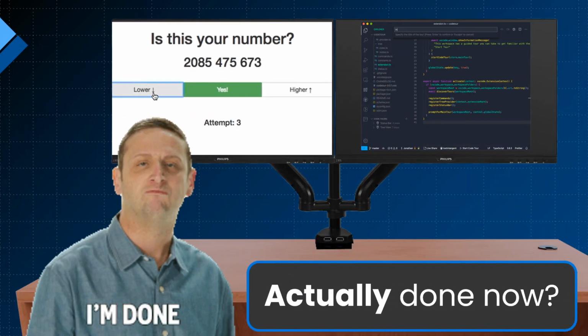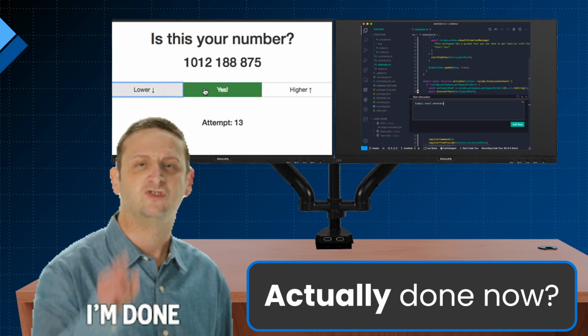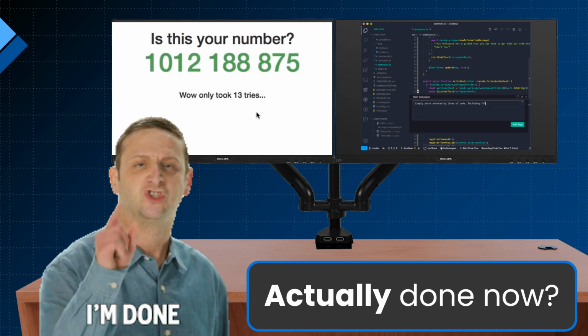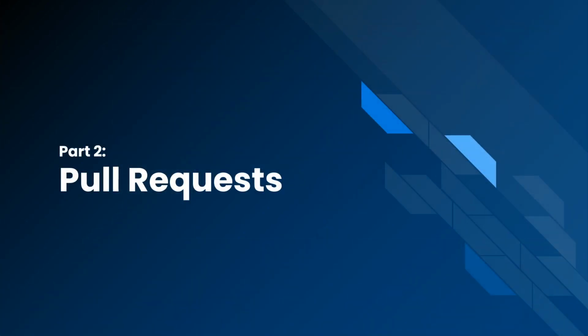So we went through staging environments. You use them for development. Again, they will come up briefly later on. But for now, we've actually finished writing our code. Are we done? Absolutely not, because we actually have to get it through the release process now, and that's going to bring us to pull requests,